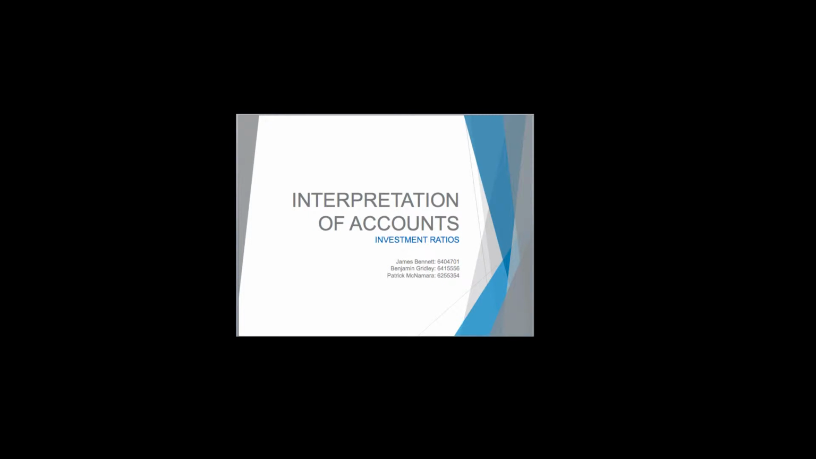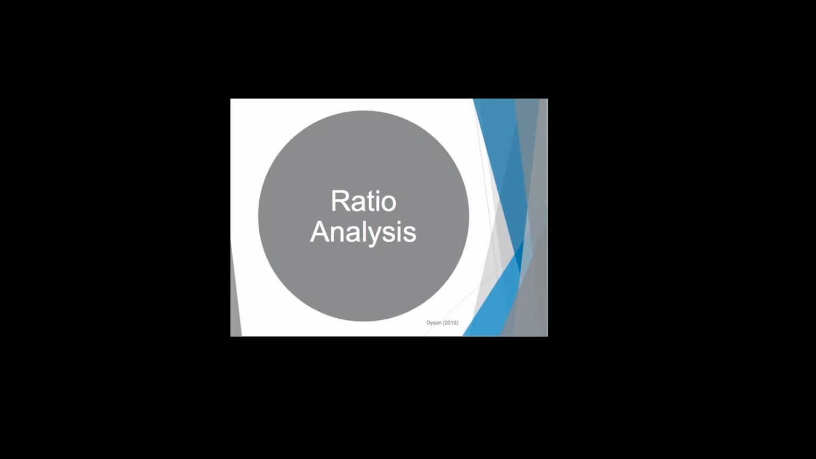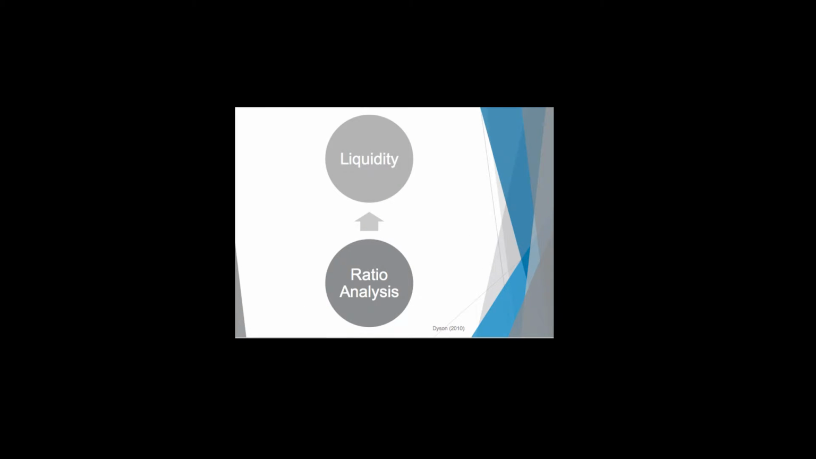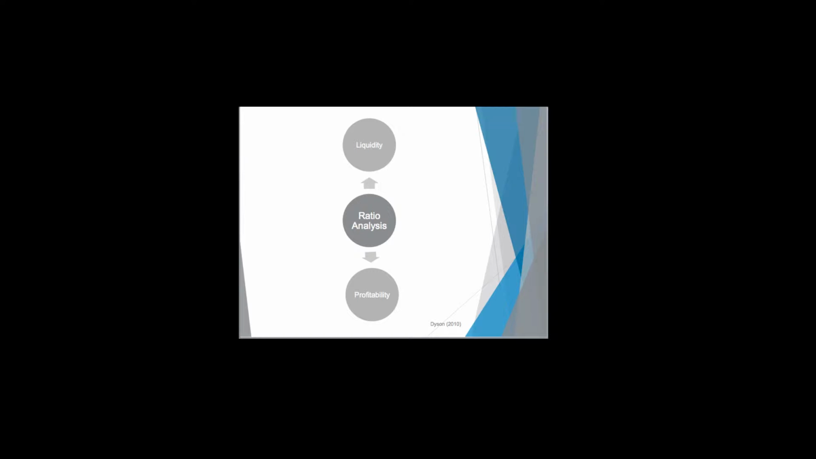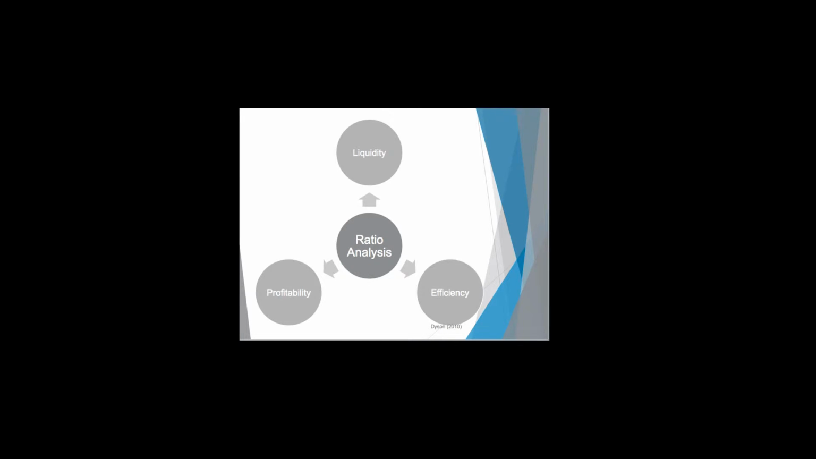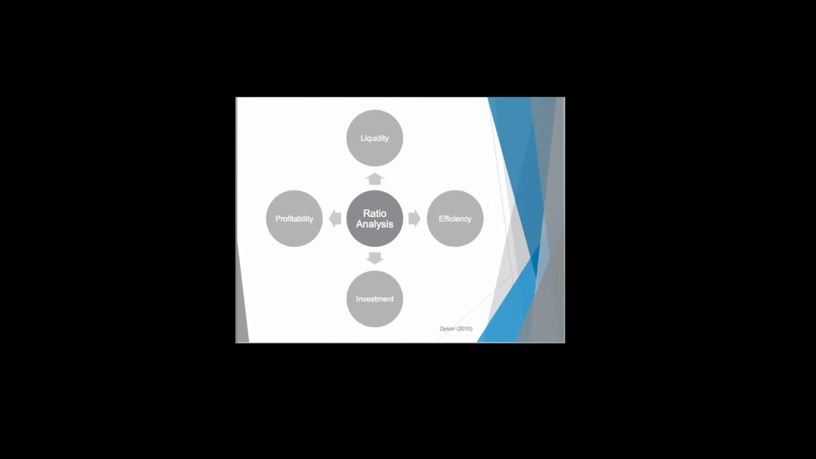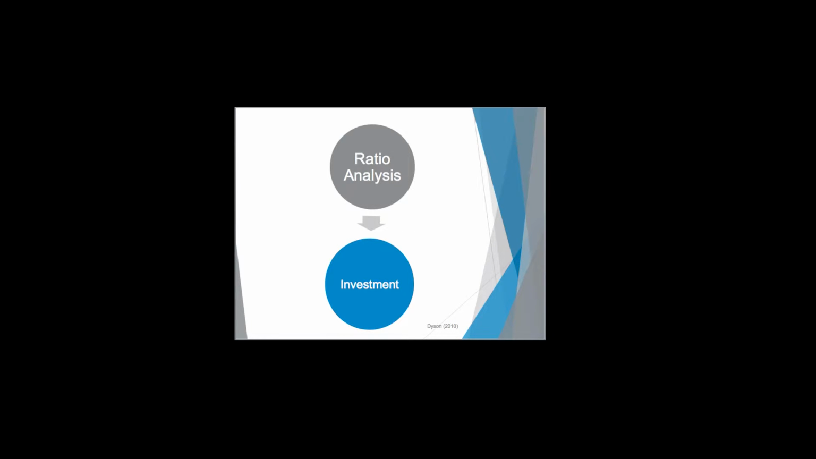Our topic is interpretation of accounts, particularly investment ratios. There are hundreds of ratios that accountants could use within business. However, Dyson focused on 15 as the most popular and beneficial, grouping these into four categories: liquidity, profitability, efficiency, and investment. Whilst we focus on investment ratios, it is important to acknowledge that there are other options to interpret business accounts with, although Dyson suggests only using a limited number of ratios to minimise the amount of